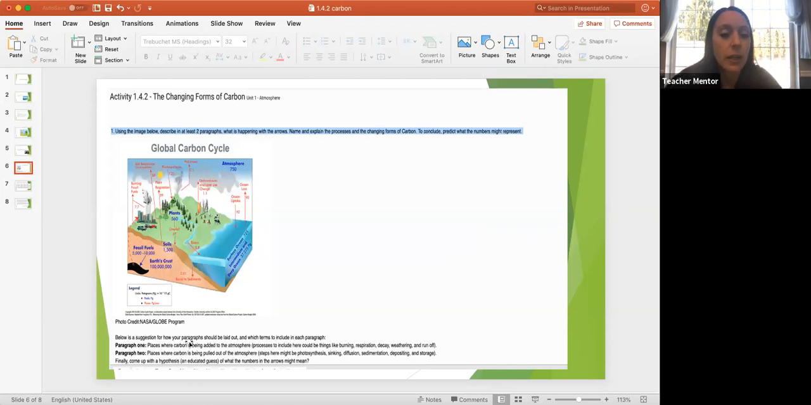So in paragraph 1, you want to explain places where carbon is being added to the atmosphere. So you're looking for arrows that show it going up. We're putting it into the atmosphere. So you're looking at this one with the arrow going up, going up, going up, okay? It says processes to include here could be things like burning, respiration, decay, weathering, and of course runoff. So what we want to do in that first paragraph is explain where carbon is being put into the atmosphere using the picture. So we can see here